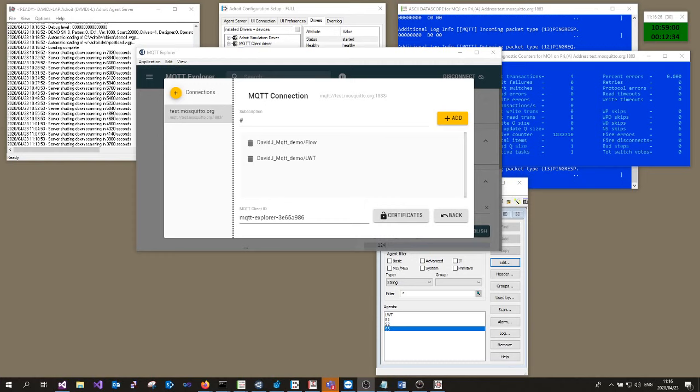So the topic is described and displayed as a tree. You can have 128 levels. That's what you see, this little /. That's part of the domain of MQTT, and it's a reserved character. I've described here David J MQTT _ demo because I initially had A and somebody else had A, and I was seeing all sorts of weird data.